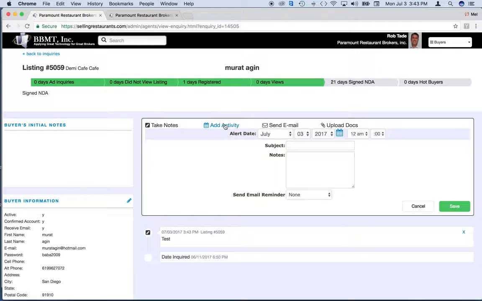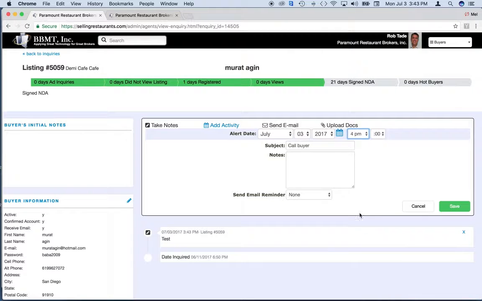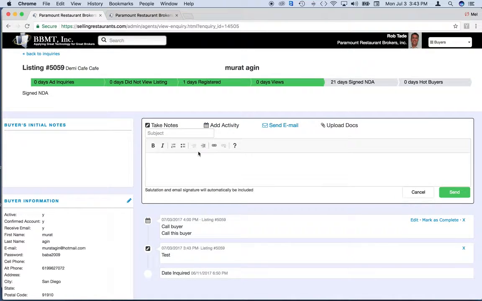You can add an activity, call buyer. You can put July, and let's put like 4 o'clock. Call this buyer. And you can have the system send you an email if you like, right before. It shows up as a little calendar to remind you that you've talked and you set up a calendar for this buyer. You can send this buyer an email,